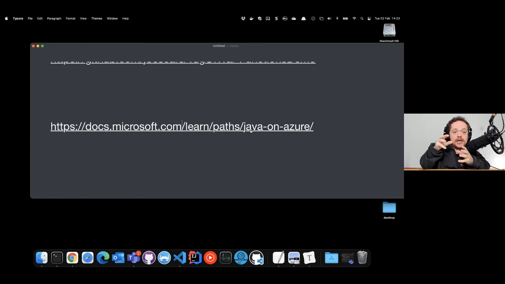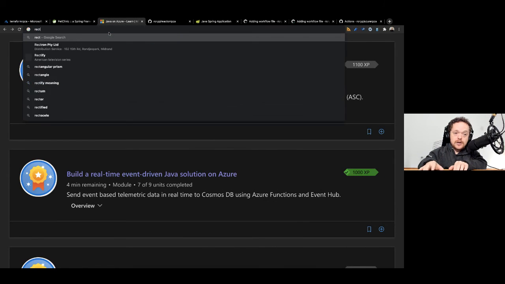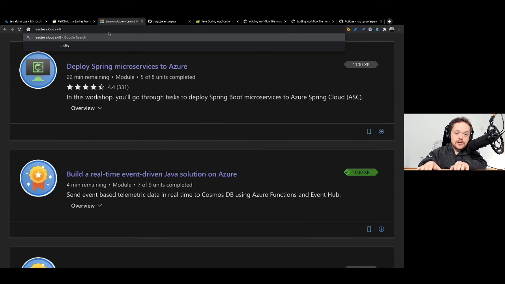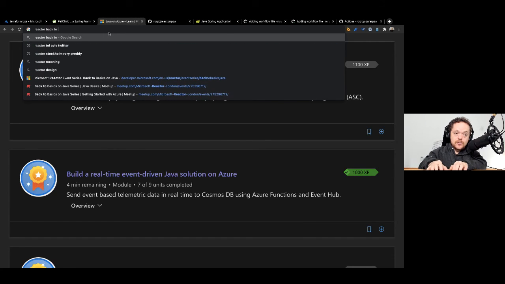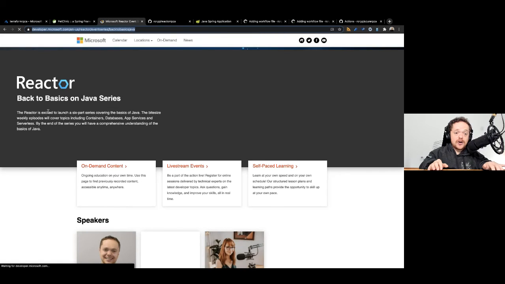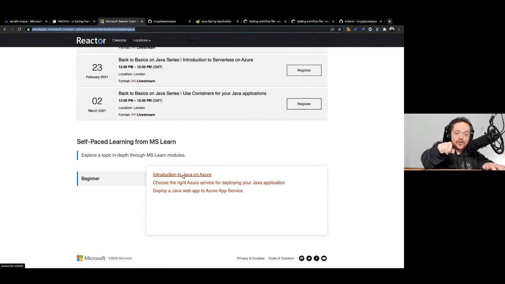This is also in the Reactor Cloud Skills Challenge that we're doing. If you don't know the Cloud Skills Challenge, let's go to Reactor, Cloud Skills Challenge. No, let's go back to basics. There we go. This is the Back to Basics event skills that is actually on there. And right at the bottom here, if you want to get a link for it, there's the introduction to Java and Azure. Click through that, and it takes you through to the learning path. So one, get familiar with those DevOps starters with GitHub Actions. They're just beautiful. And start on the Java Learn board here.